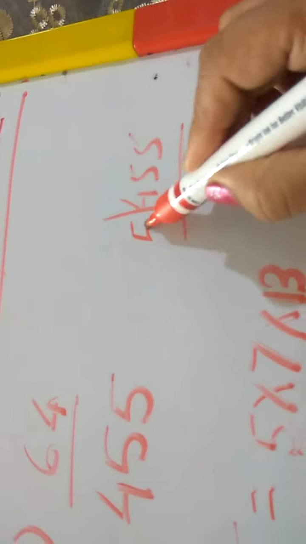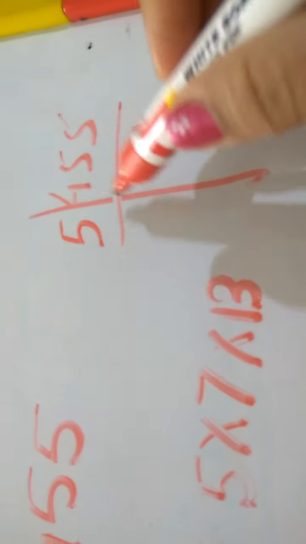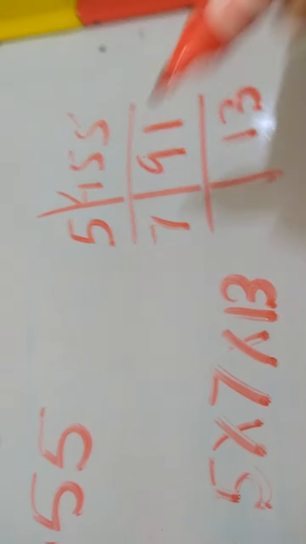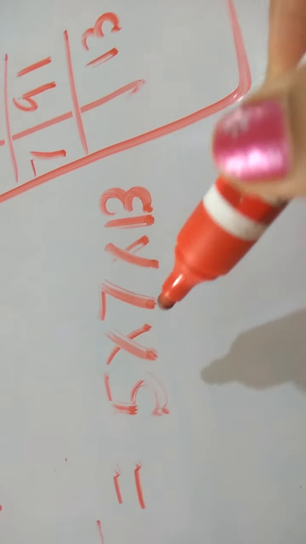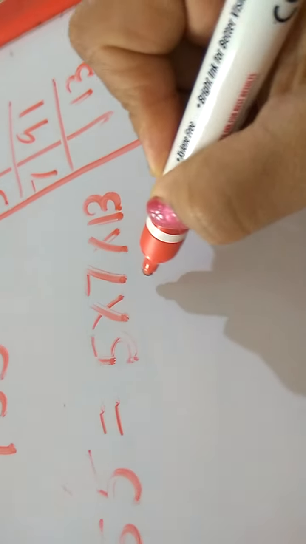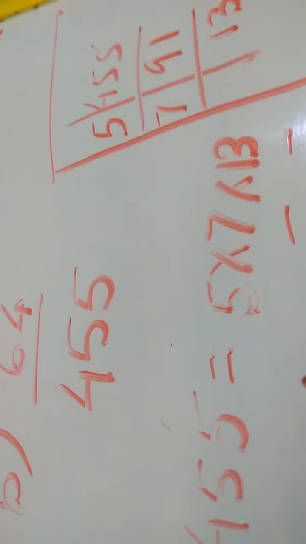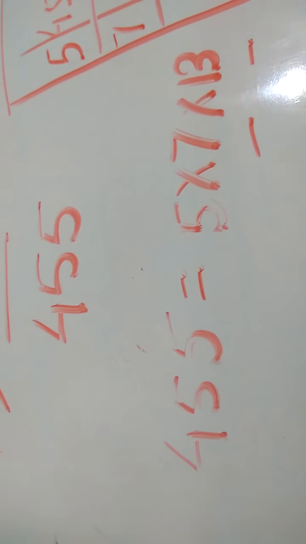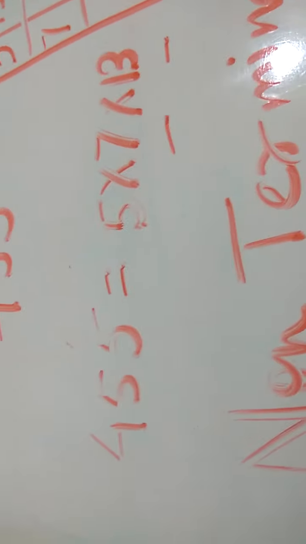You can see here, you will first divide it by 5. Then it is not divisible by 2, 3, 5. It is divisible by 7. And then 13 is also a prime number. So we see here that this cannot be expressed in the form of 2 to the power m, 5 to the power n, because there are two other prime factors, 7 and 13. So we will say that this cannot be expressed as a terminating decimal expansion. So it has a non-terminating repeating decimal expansion.